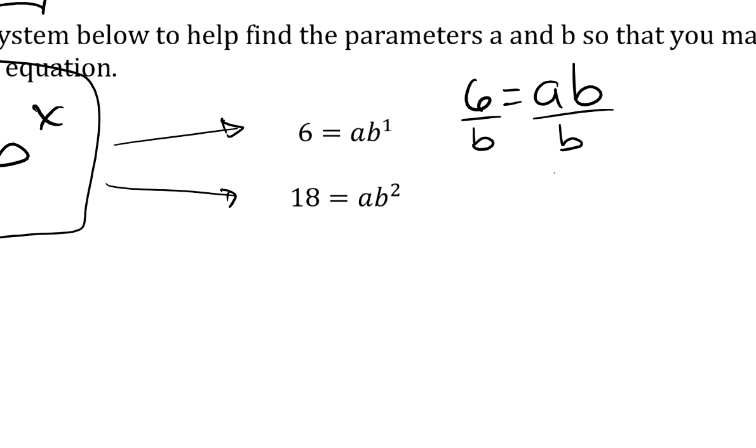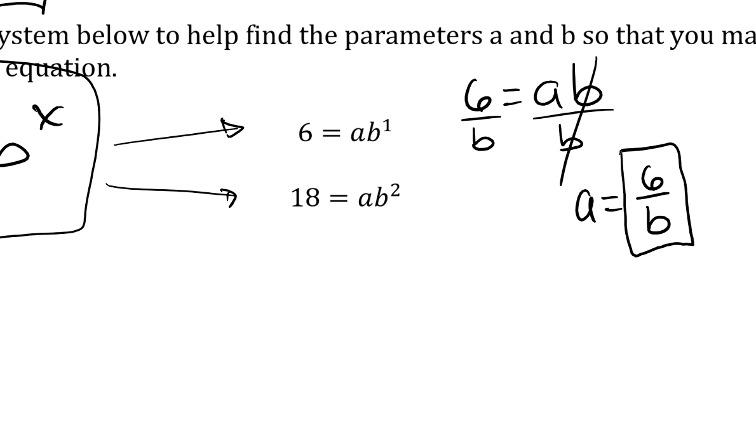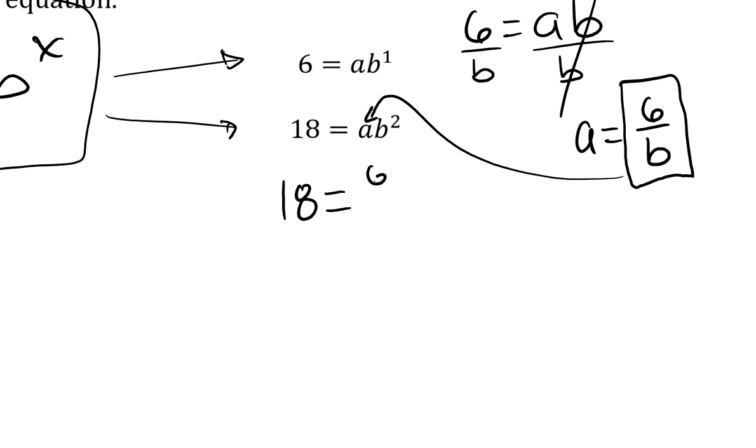So I have that a is equivalent to 6 divided by b. What's nice about that is this expression, 6 divided by b, is a great substitution for a in the second equation. So if I make that substitution, I end up with 18 equals 6 over b,